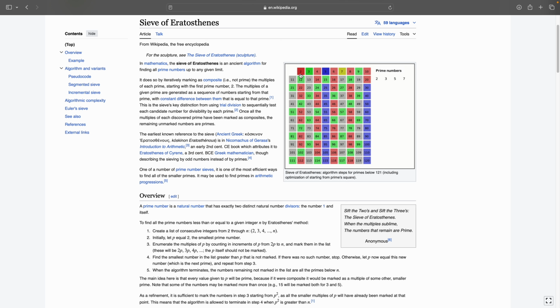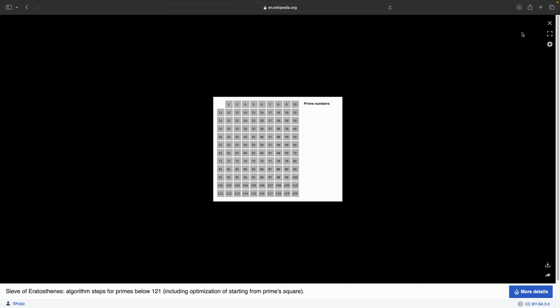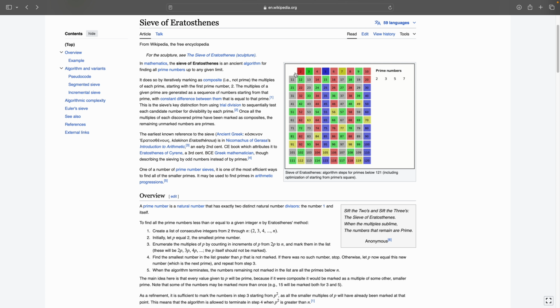And we actually start marking things that are multiples of the first number. So let's say we start with 2 over here. And then what we can do is go ahead and say 2, and then all the multiples. So 2, 4, 6, 8, 10, and so on in that list are obviously now not primes. So once we've knocked all those out, we go to the next one. That would be 3. Okay, so we take 3 and all of its multiples. So 3, 6, 9, 12, 15, and so on, and we knock those out. Eventually, once we finish all of that elimination process, we're left only with those numbers that are actually prime in